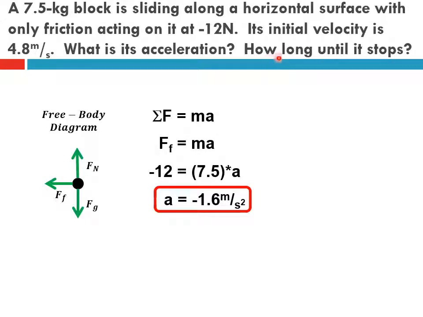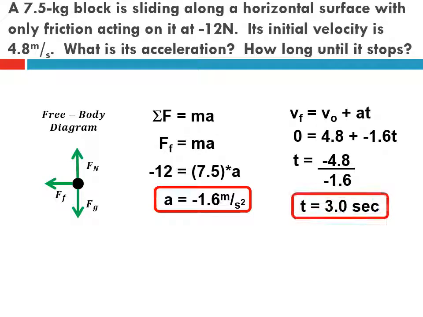Now how long does it take to stop? So how much time does it take? Well, if you notice, we have the acceleration, we have the initial velocity of 4.8 meters per second. The final velocity is going to be 0 because it's going to stop. Now, given that we have the acceleration, the initial velocity, the final velocity, and we're looking for time, then we're going to use this equation right here. Final velocity equals initial velocity plus acceleration times time. Then we go ahead and plug in our numbers, and we find that the time is going to be 3